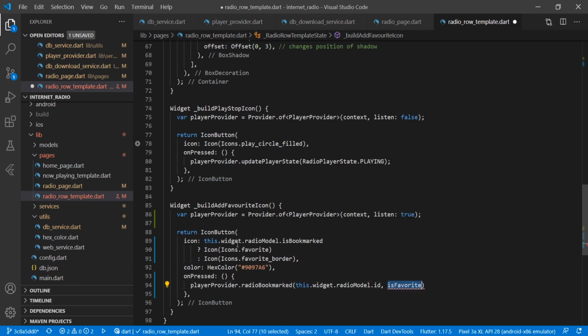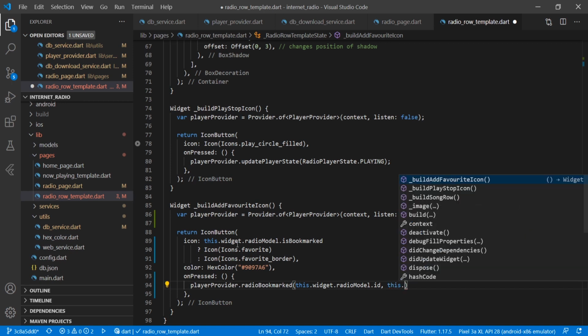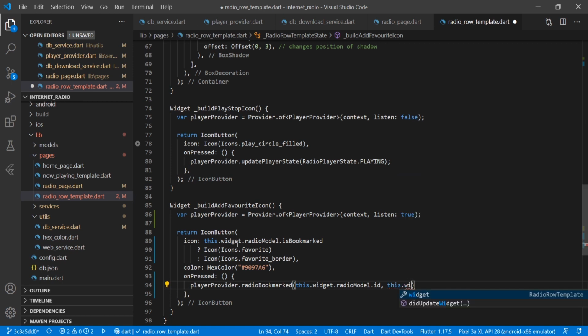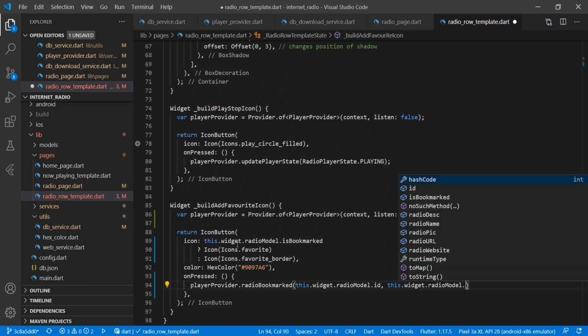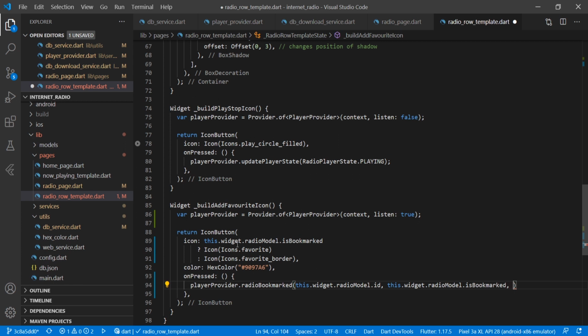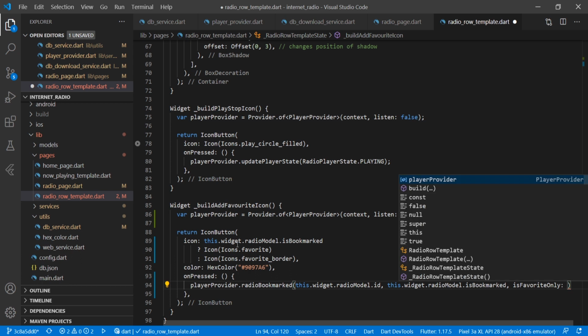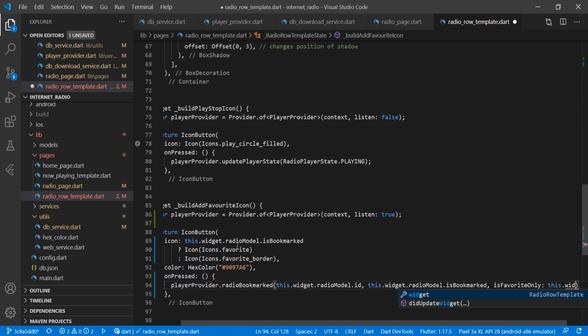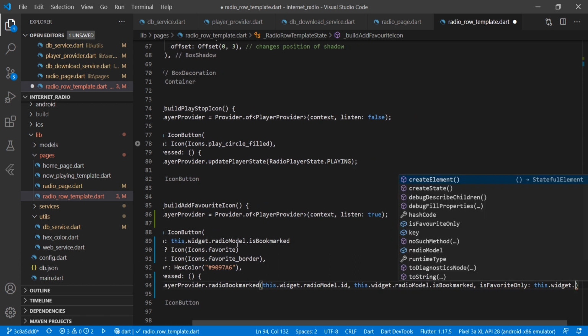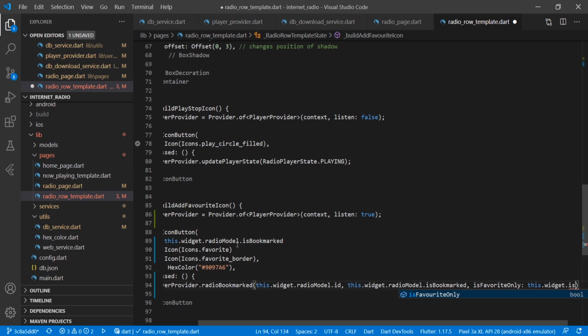Then we will pass here this dot widget is bookmark. Then we will pass is favorite only, and we will pass this dot widget is favorite only.